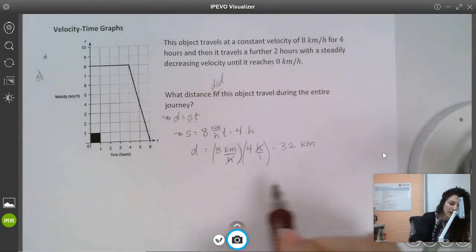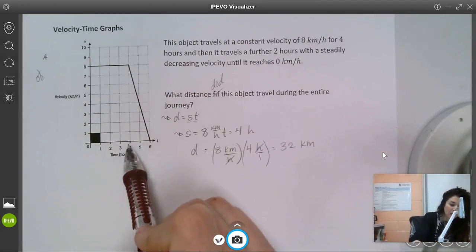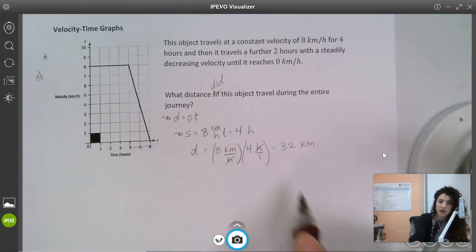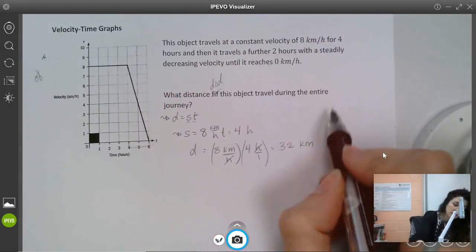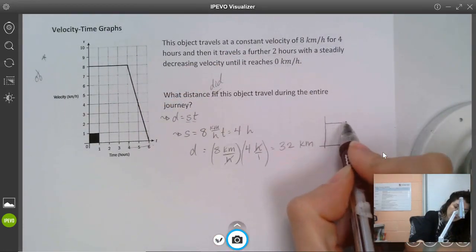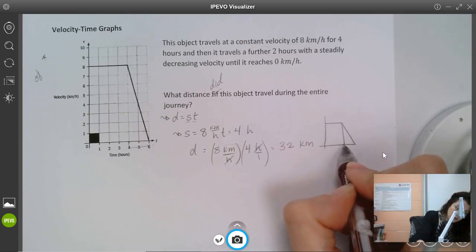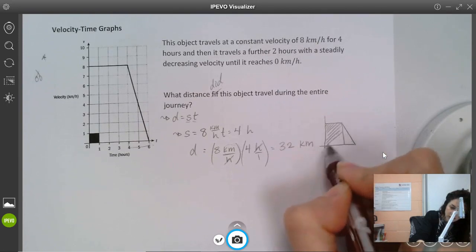All right. Well, that's great. That's the distance for the first 4 hours, but we don't really know what the distance is for the rest of these 2 hours. Now, if we think about the fact that we just multiplied 8 by 4 in regards to the geometry of this problem, we just found this rectangular area